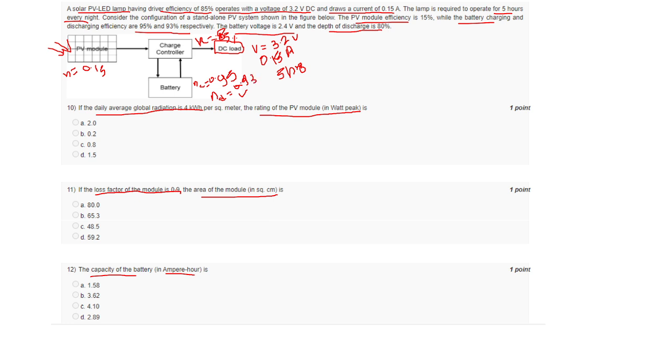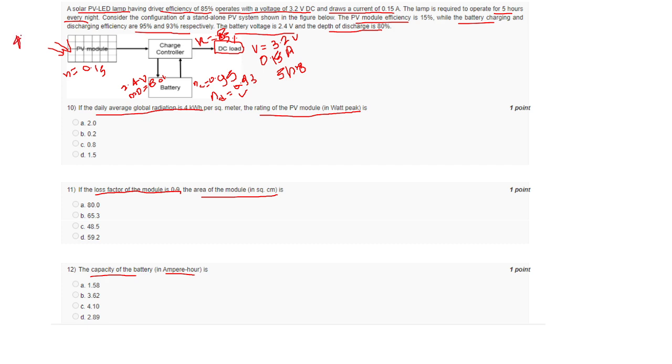That is 0.93. Now the battery voltage is also given as 2.4 volt, and the depth of discharge is given. So the battery rated voltage is 2.4 volt, and its depth of discharge, DOD, is 80%. So these are all the given parameters in the question. Now what has been asked is, if the daily average global radiation is